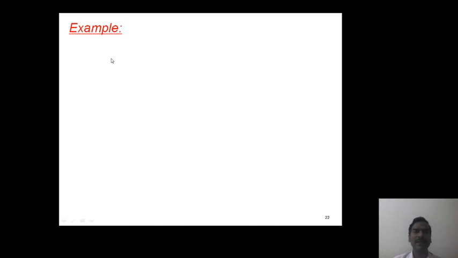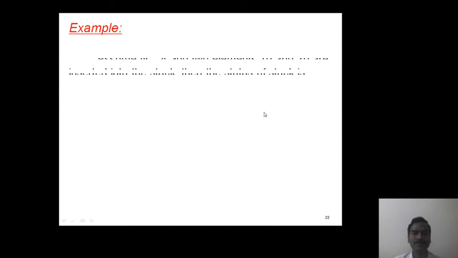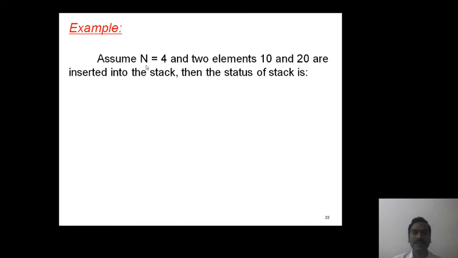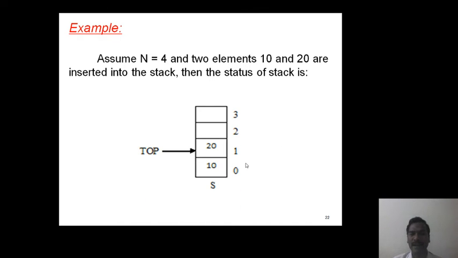Now based on this format, consider this example. Assume the size of the stack is 4 and we place two elements 10 and 20 into the stack. Then the status of the stack can be represented in this format. This stack consists of 4 locations based on its size, indicated with the index values 0, 1, 2, 3.